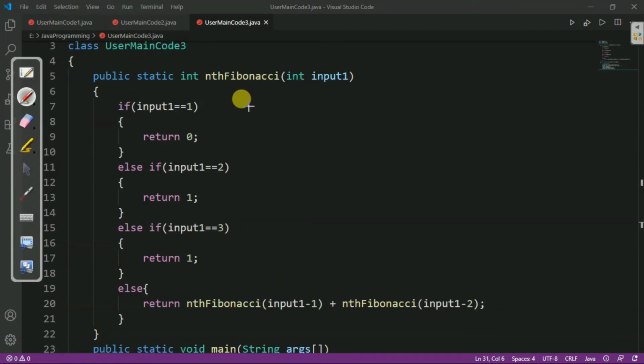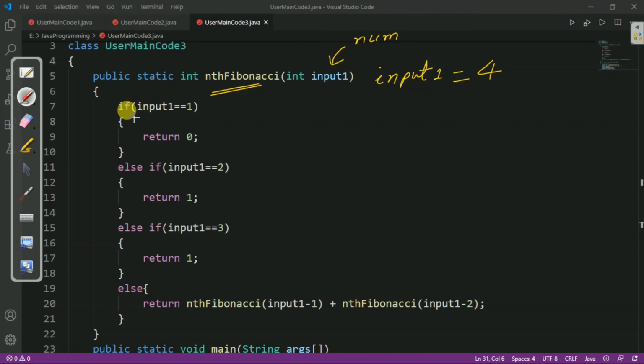Now we will see how it works. At first we have defined the function named nthFibonacci, with one formal argument as an input, that is input1, and now we will pass the value of the actual argument which is stored in the num variable. So initially we will take input1 equal to 4. Suppose we want to find the fourth Fibonacci number.